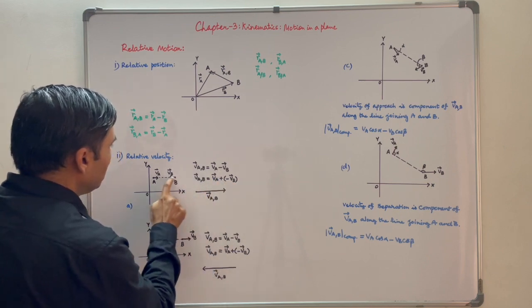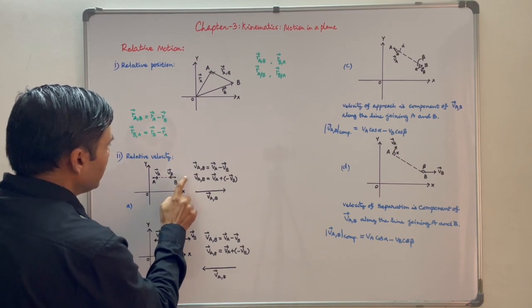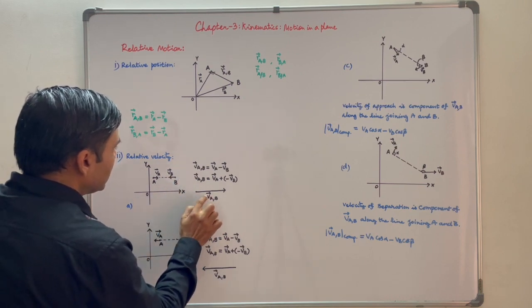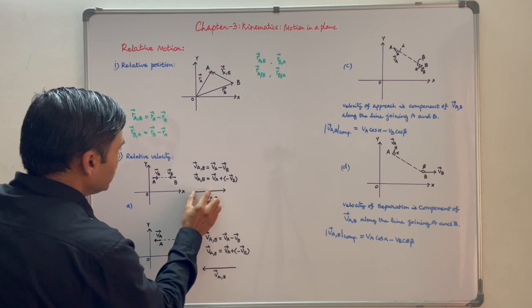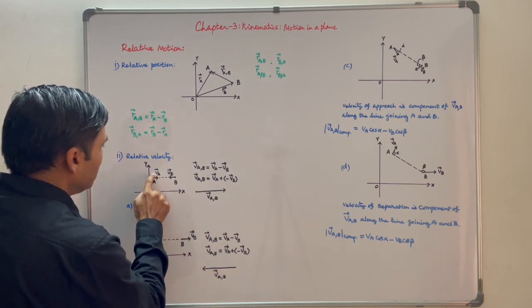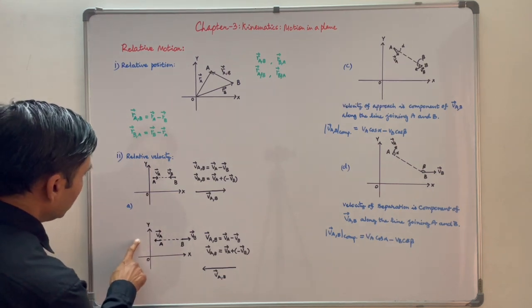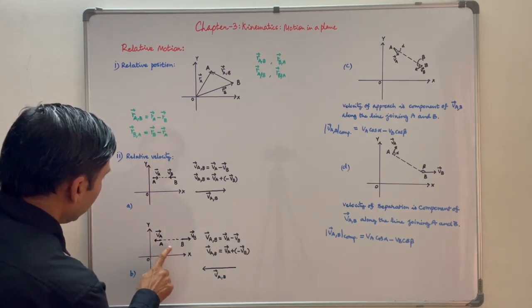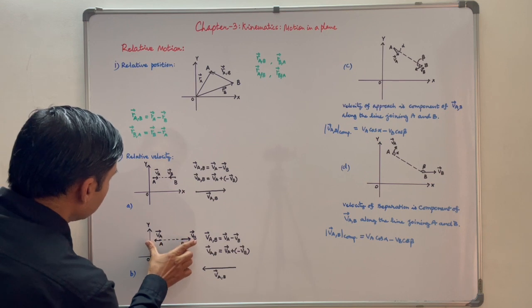Minus vector VB will be opposite of vector VB. So this vector represents vector VA,B, where magnitudes of both the vectors will be added and direction will be that of vector VA. Second scenario, consider two particles A and B are moving away from each other along the